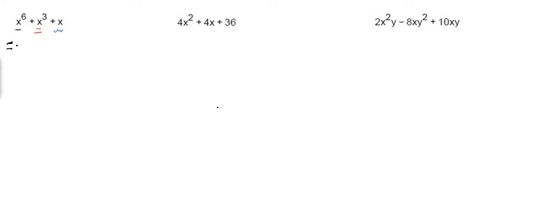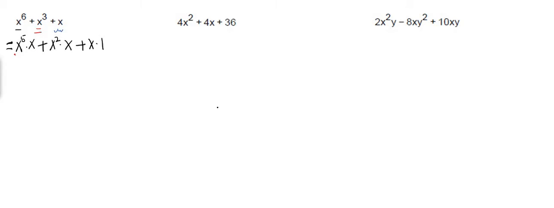Because x to the power 6, we can factor x will be x to the power 5 times x. And we have x cubed, we can write down as x squared times x. And for the x, we can write down, hey, x times 1, right? X times 1. Now we can see